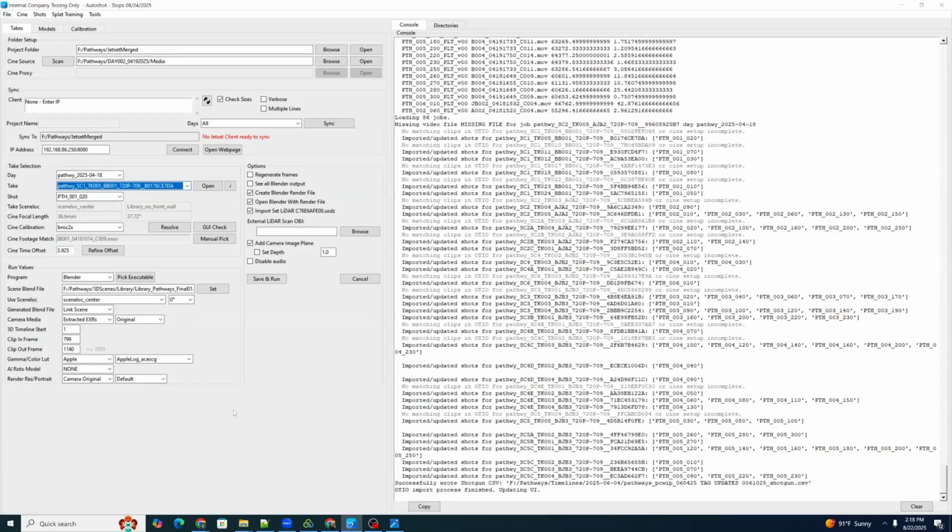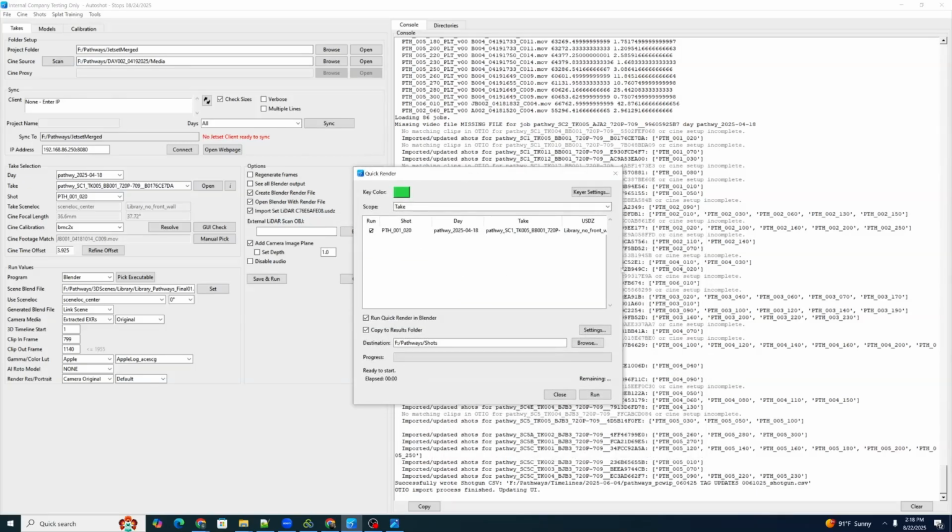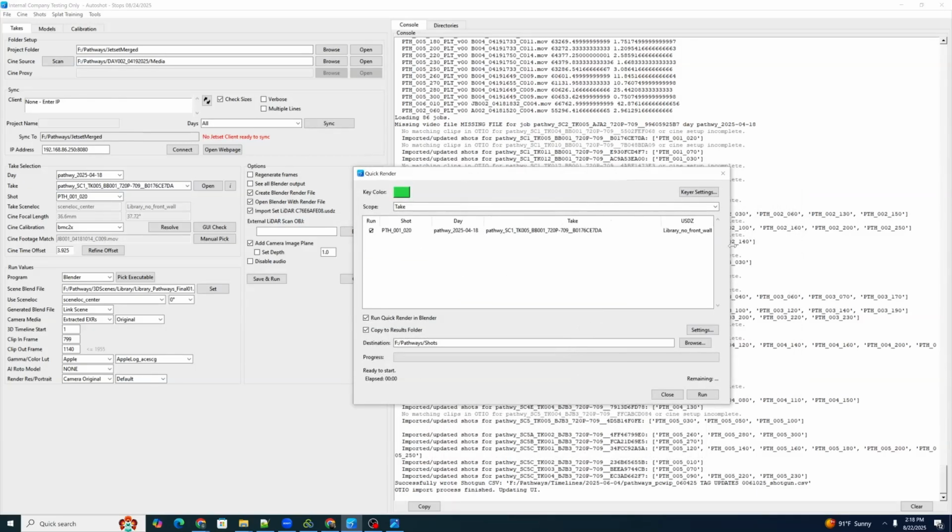Okay, so now that we have the shots, we don't actually want to go through those one by one. So we have a new feature that lets us process these shots in batch and also make slap comps and copy these shots into a visual effects friendly folder structure, and that is called Quick Render. So we're going to bring this up. And in Quick Render, it's going to default to a view where it just shows the individual shot from that